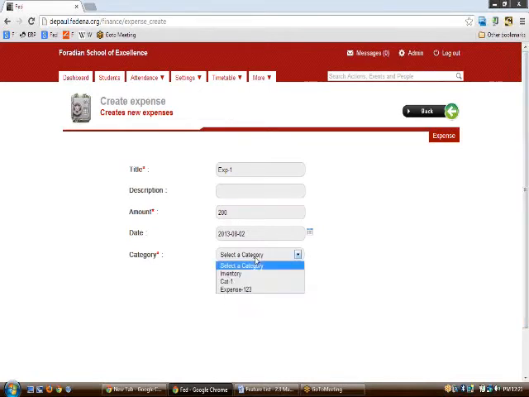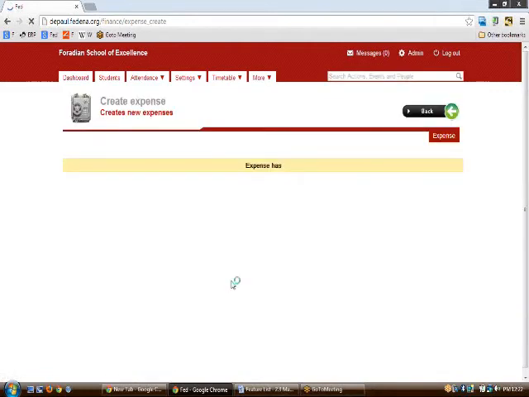We have three kinds of category here: inventory, category 1 and expense 1 to 3. I need to select which expense this would be under. Let us say it comes under expense 1 to 3 that we created just now, and clicking on save will create this expense.